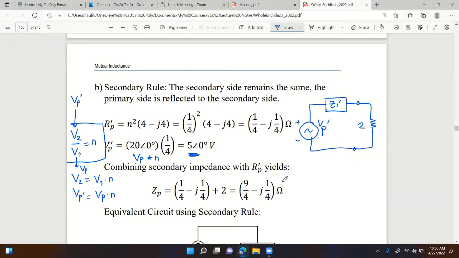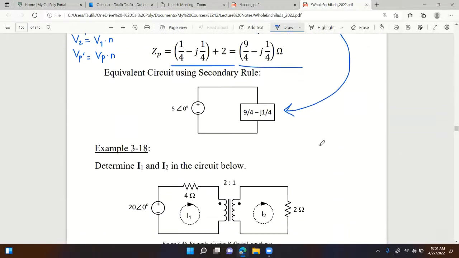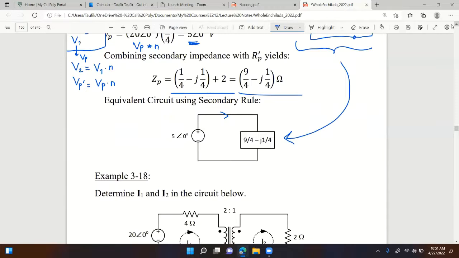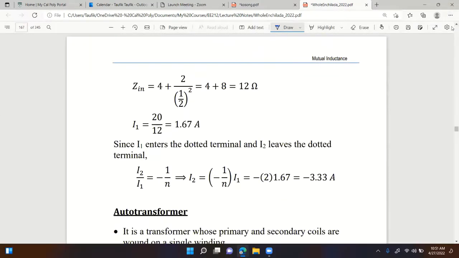Okay. So once I have this circuit right here, I can reduce it more, right? We can see that these two are in series. So I could reduce it more, just add the two, then you get the total equivalent impedance, which is right here. And the circuit now becomes this circuit. All right. And from here, I can get, for example, the current. Any questions on this? So again, that's an example on how to apply primary rule and secondary rule. This next example,